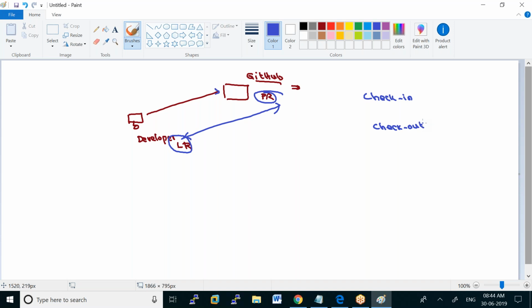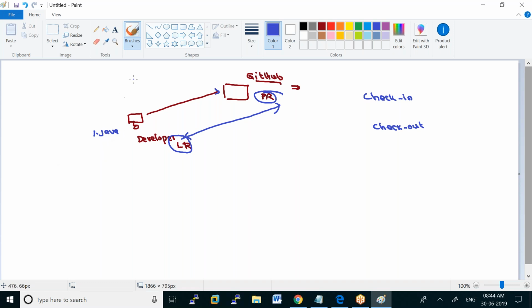The process of performing an upload from your local repository into the remote repository is termed as check-in. So if a developer develops code in Java,